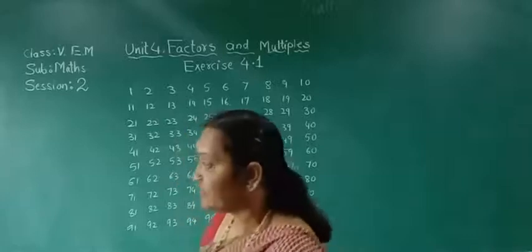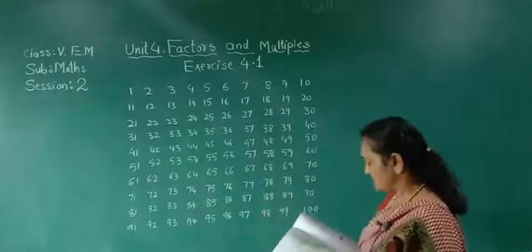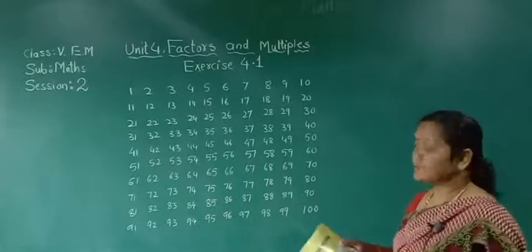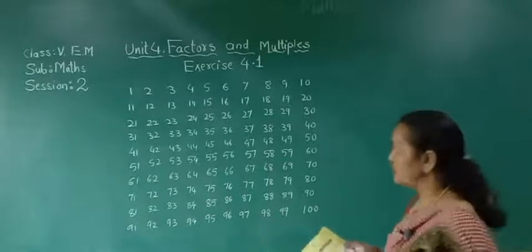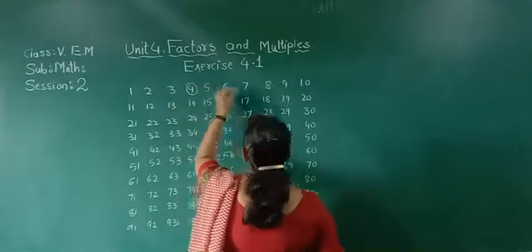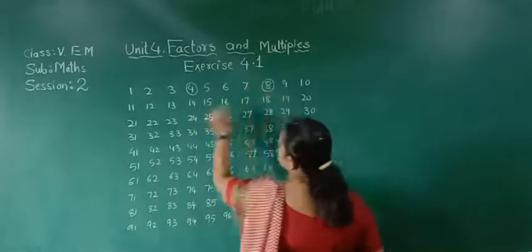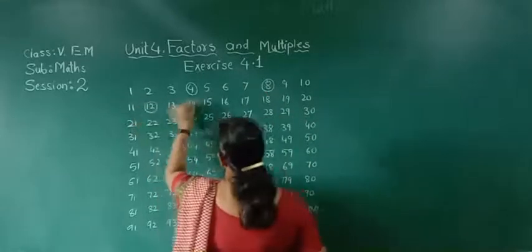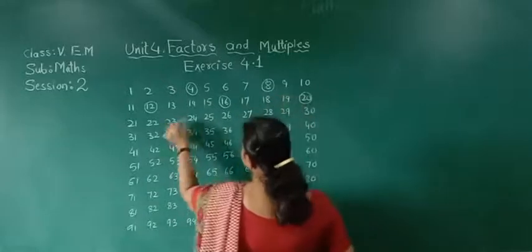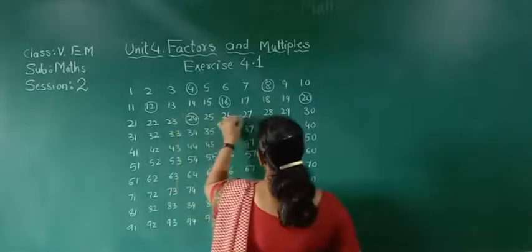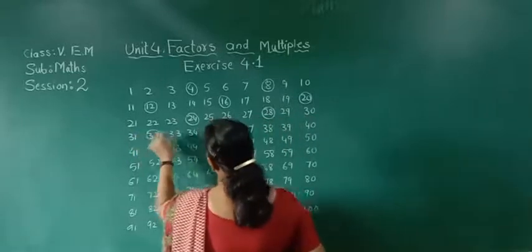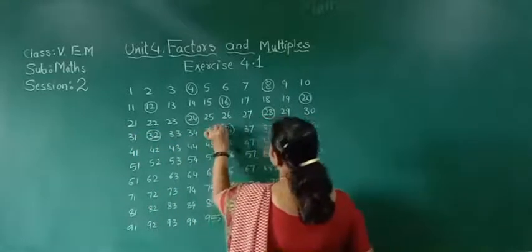So here already 1 to 100 numbers are written on the board. We should circle multiples of 4 with blue color. So here 4 1s are 4, 4 2s are 8, 4 3s are 12, 4 4s are 16, 4 5s are 20, 4 6s are 24, 4 7s are 28, 4 8s are 32, 4 9s are 36, 4 10s